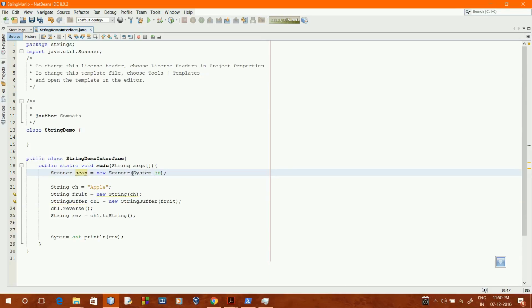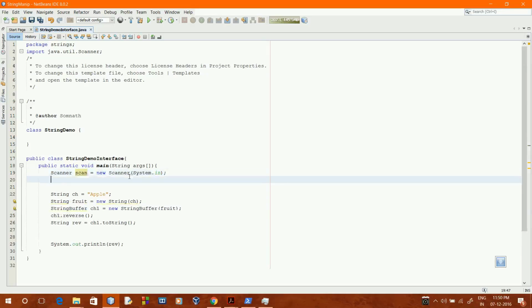We can pass a string or a sentence here and it will scan it. Basically, any object of Scanner will scan our entire input, whatever we are putting inside, and this argument will be scanned. And all the scanning is done in the form of tokens. So suppose I have to take an input. So I'll ask my user,